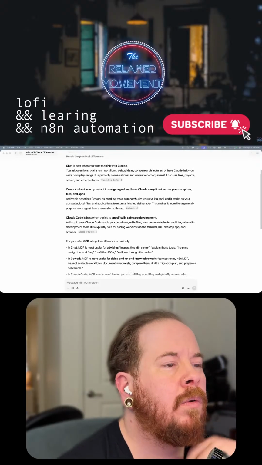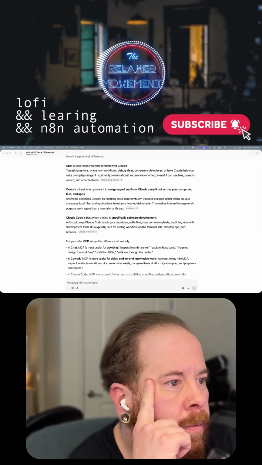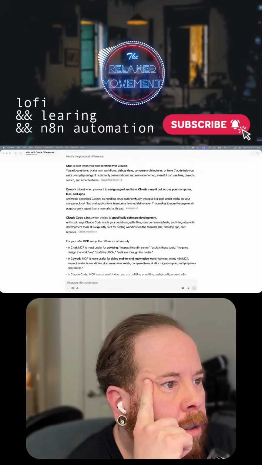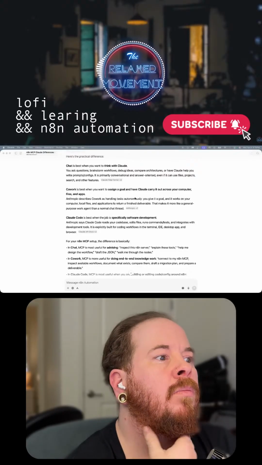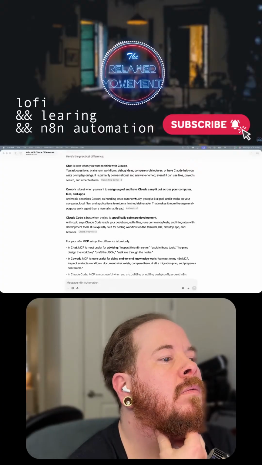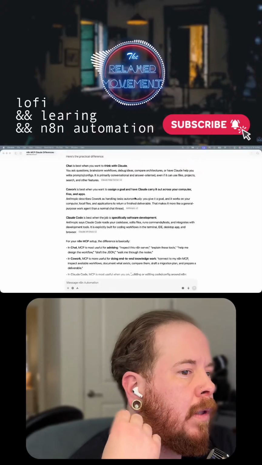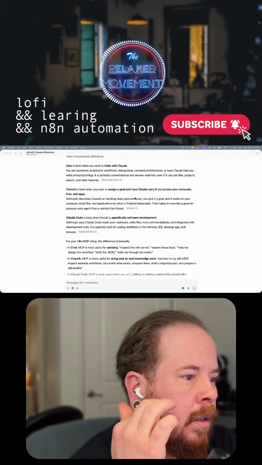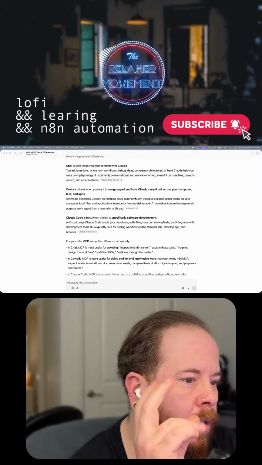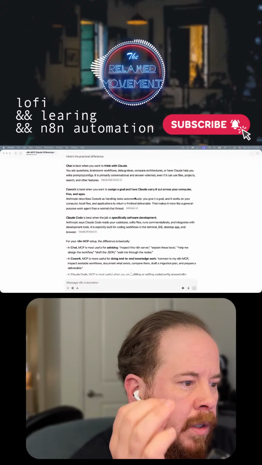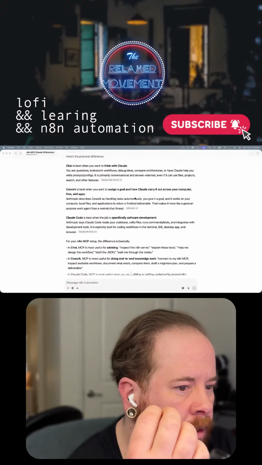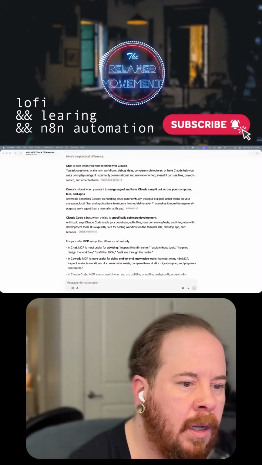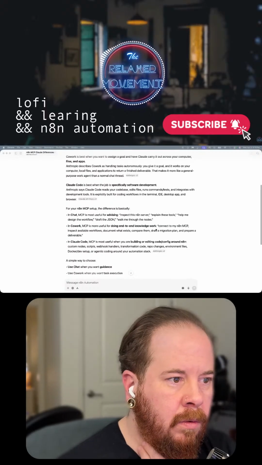Claude, when you need to think with Claude, co-work is best when you want to assign a goal and have Claude carry it out across your computer files or apps. For the API setup, the difference is basically in chat, MCP is most useful for advising: inspect this n8n server, explain this tool.